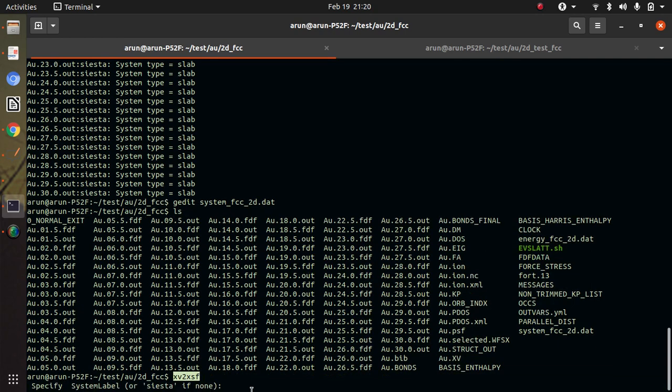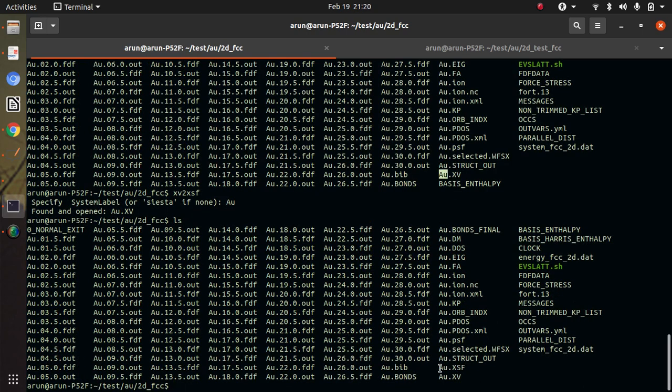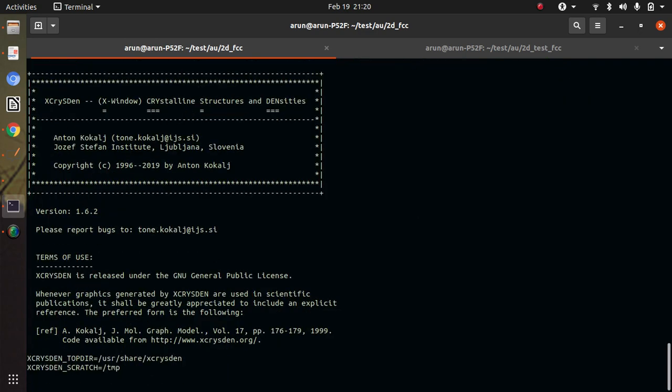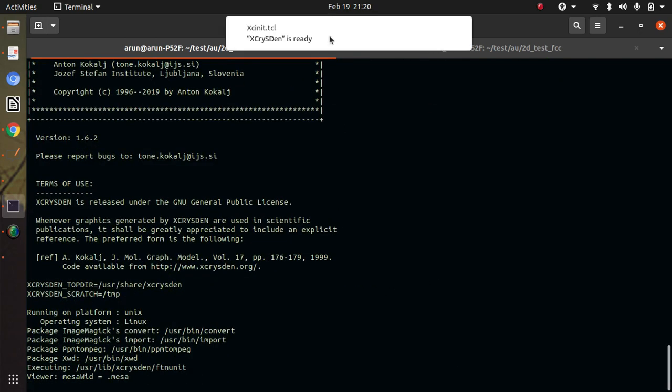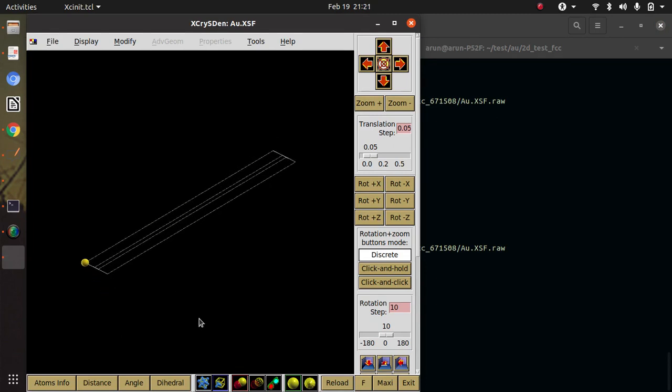If I run this command, you simply have to give the system label here, which means au, and it will give us a new XSF file, and you can open this file using XCrySDen. XCrySDen is a tool which you can install. In another video I will tell you how this works. So in the primitive mode I am looking at it, right?